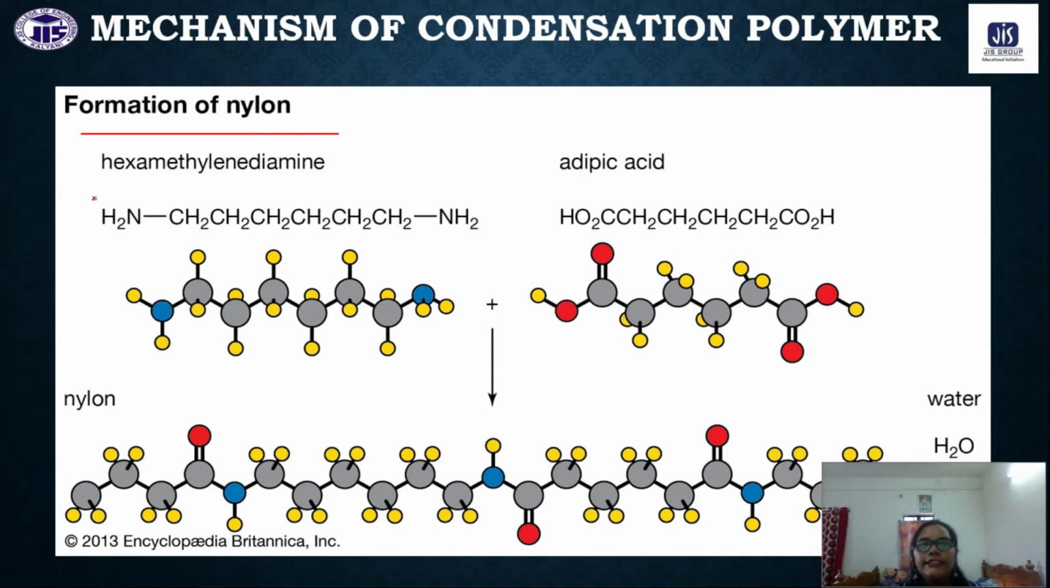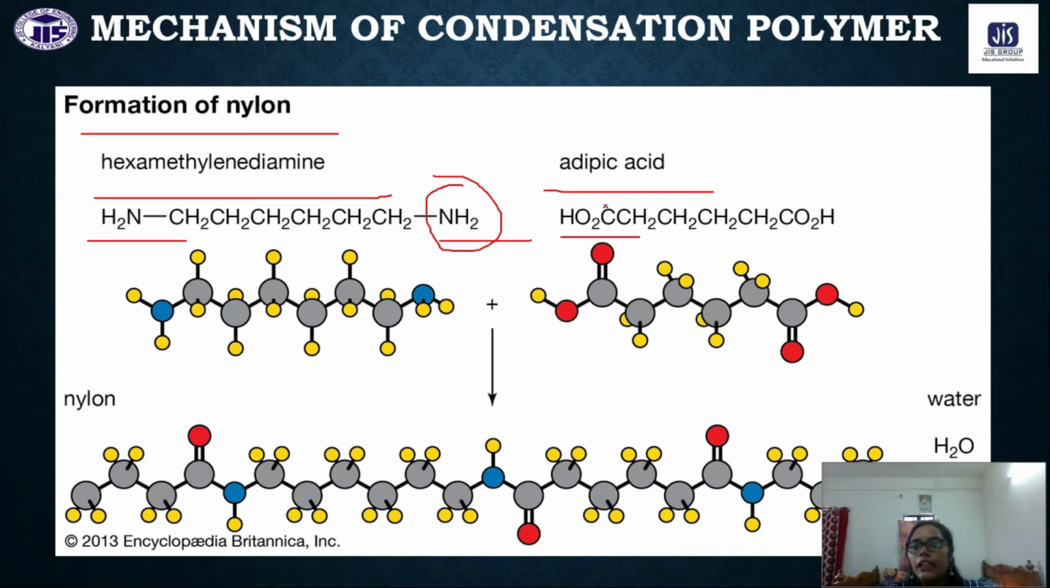Okay, nylon 6,6, where we have hexamethylene diamine and adipic acid. This is the hexamethylene diamine. That means you can see two amine groups we have, and adipic acid, that means we have carboxylic acid groups, COOH. So these amine groups will react with this carboxylic group COOH, and after all it will form the nylon 6,6